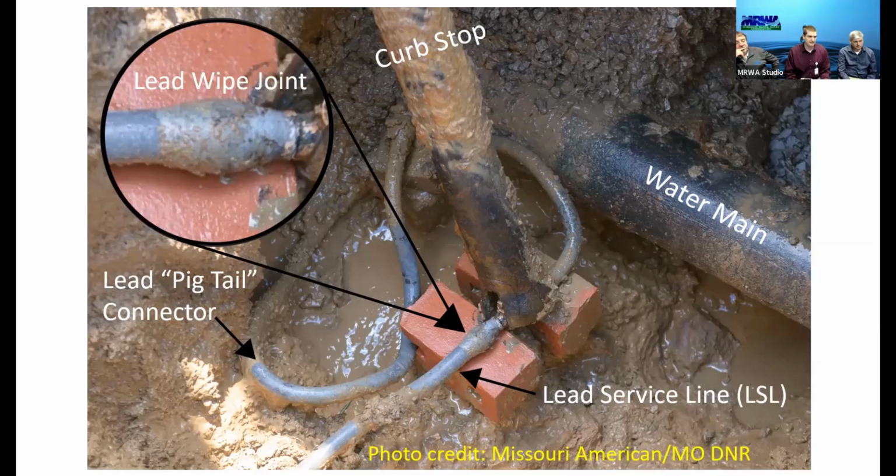I'm going to say the majority. Now, some of the old ones are going to be like this, but the majority is you've got a tap saddle, you've got a corp stop, you've got either PEX or PVC or copper coming out of that corp stop to your meter. Right. And this picture that everybody is looking at, this is Missouri American Water Company's St. Louis, St. Charles Water System. And they're doing lead service line replacements and investigations up here. And that's where we got this picture. So thank you for letting us come up and do that. And we want to share credit with them.